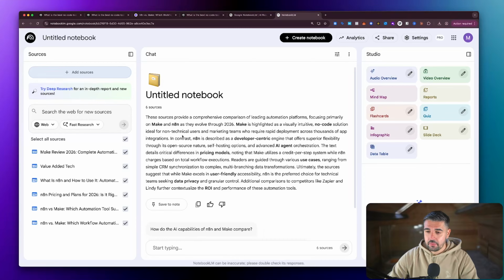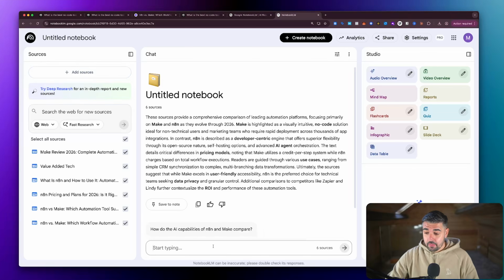But what we have now, and what's different from any other LLM, and what makes NotebookLM so special, is that when you're in a position of using it, you are actually only using the information that we have put in it. So those 6 individual URLs are the only sources that this is going to pull from. There's no web search. There's nothing else. It is literally just what's inside of our notebook here. So we know that the information that we've just gathered for our presentation is based off of information that we trust because we've just read the executive summary, and we can then go on and handle next steps.